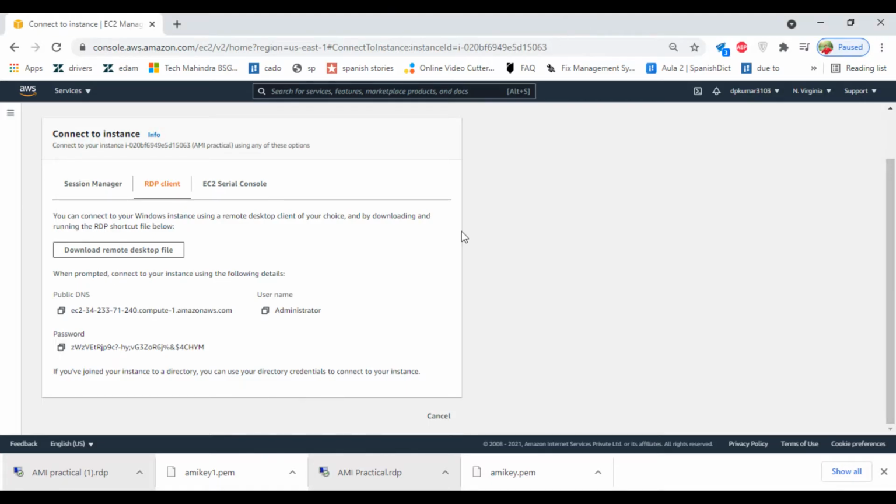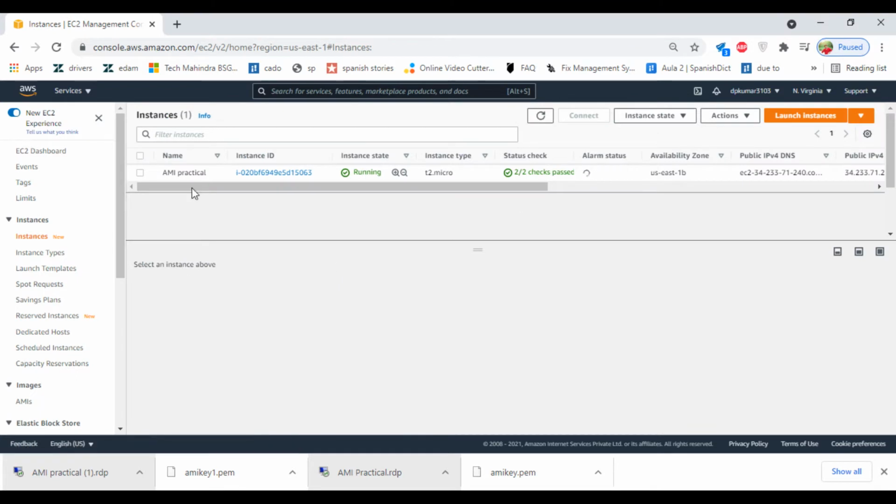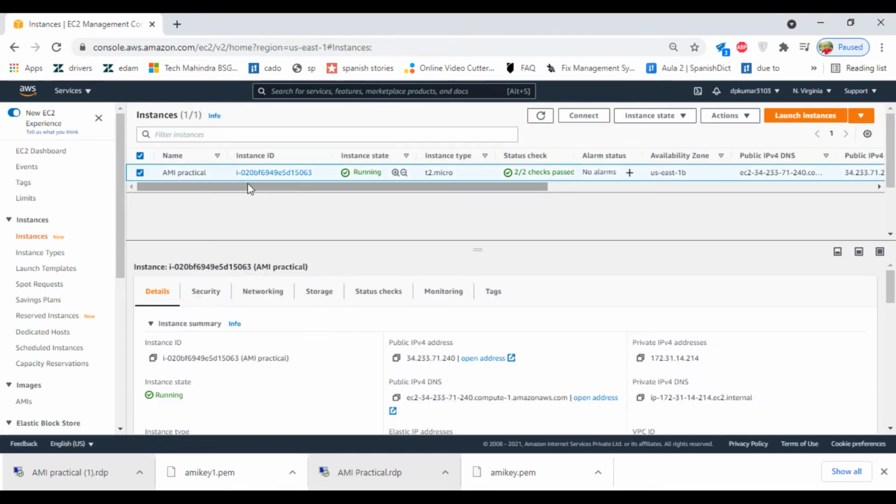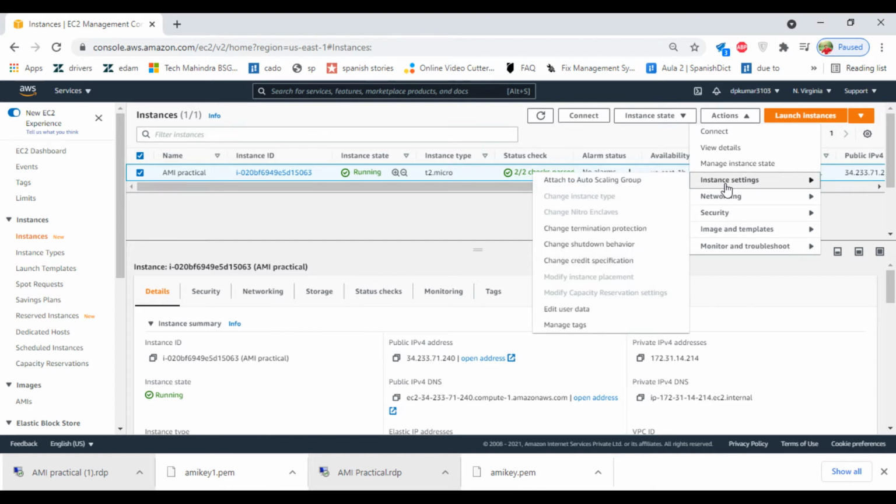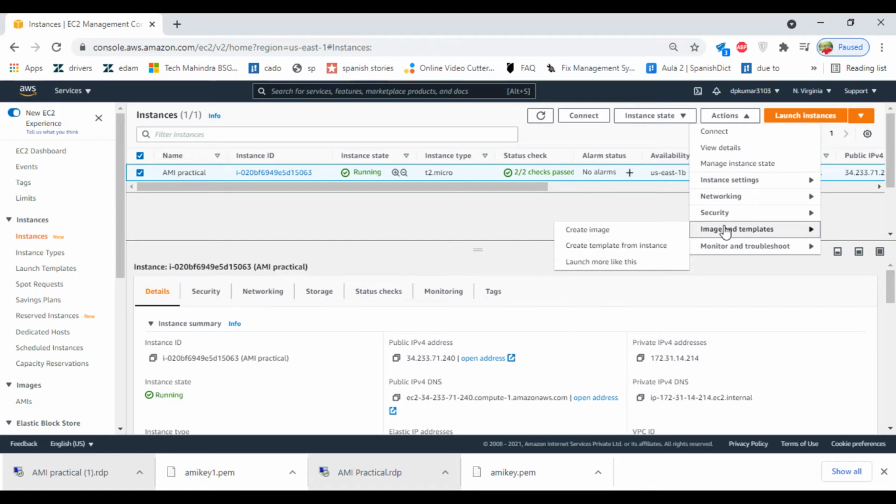So now we will come to the console. Go to our instance. Okay. Now we will create an image for this one. Select your instance. Click on Actions. Here you have Image and templates. Create image.